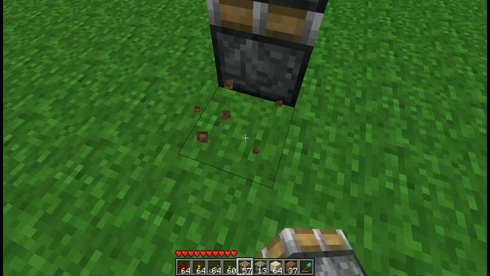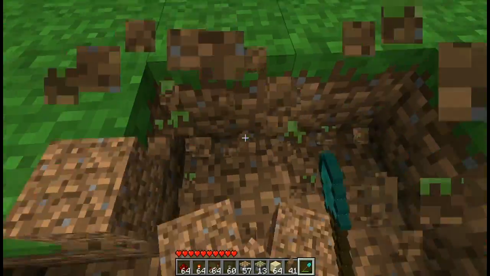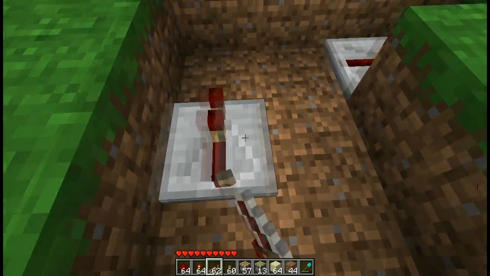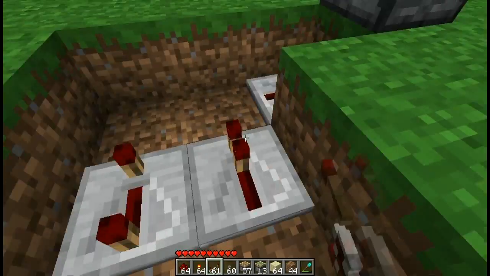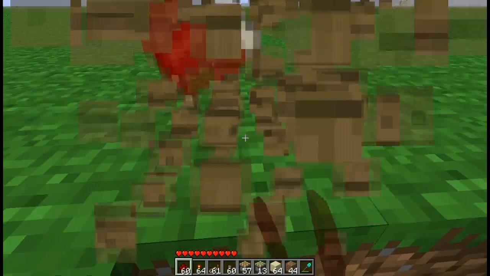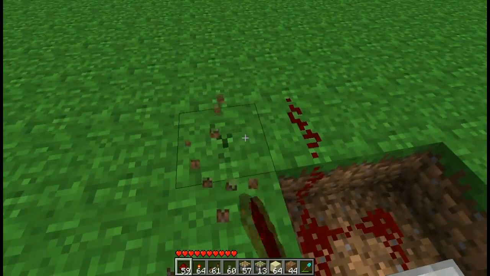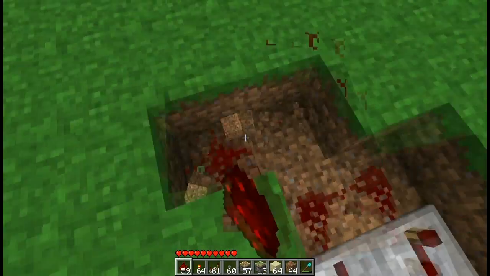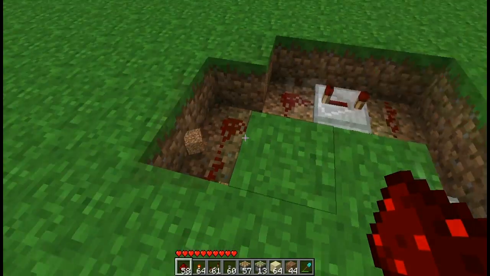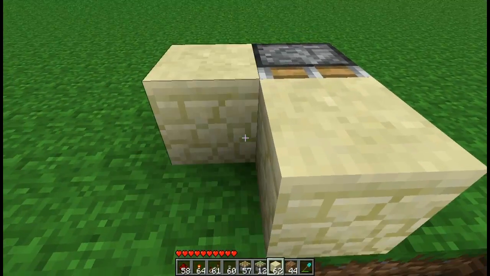piston. Then take out your trusty shovel and dig out an area thusly. Throw down some pistons, or not pistons, repeaters, like such, and then throw down some redstone. Get that out of the way. Then, from there, like such, then you go 4 from over here. 1, 2, 3, 4. Throw down another sticky piston, and then put one of these bad boys down, and then